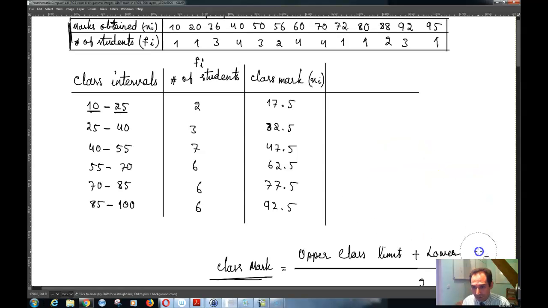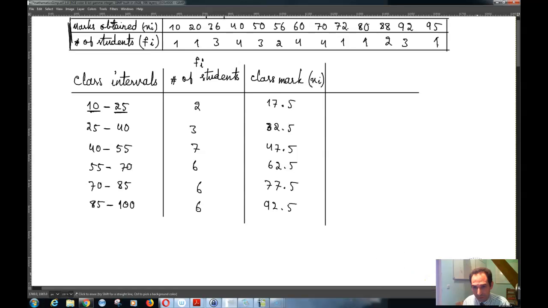So there you have your x sub i's, or the class marks, and now you can calculate. The formula was x bar equal to sigma f of i x of i, as i goes from 1 to n, over sigma f of i, as i goes from 1 to n. Of course, I need to calculate sigma f of i x of i. So f of i times x of i is equal to